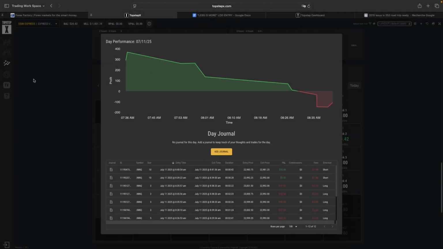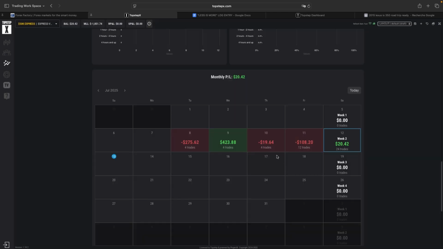So if you look at the day of Friday, we started the day up $267 with the first trade, ended up minus $108 because of all these nonsense trades. You know, all of this, it's not nonsense trades, these were actually my setup, but it was just bad stop loss placement, guys, and greed and over trading. All of this could have definitely been avoided, and definitely with more focus and more awareness of what happened in the moment, I could have easily made more money.